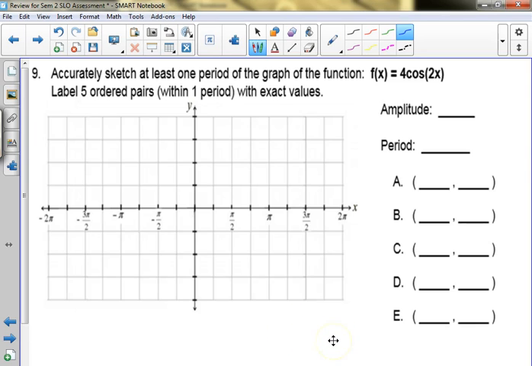how are we going to graph this one? Amplitude is 4. Period is 2 pi divided by this b of 2, right? So we get pi. And it's a cosine, so what does that mean? Start at the max, 1, 2, 3, 4. And it finishes by